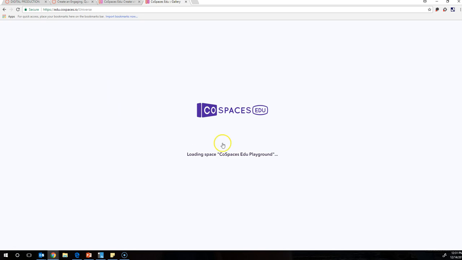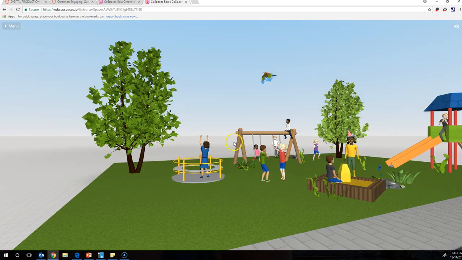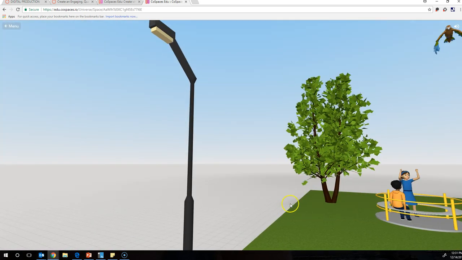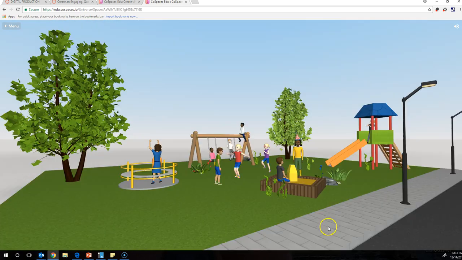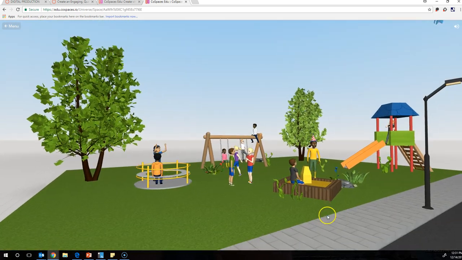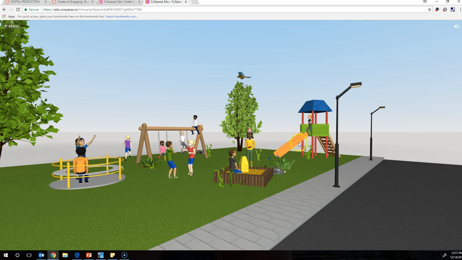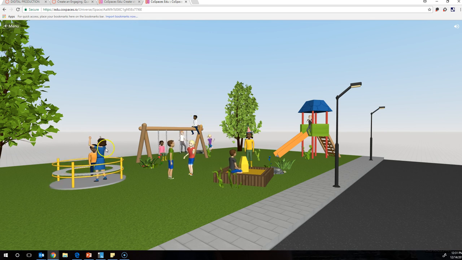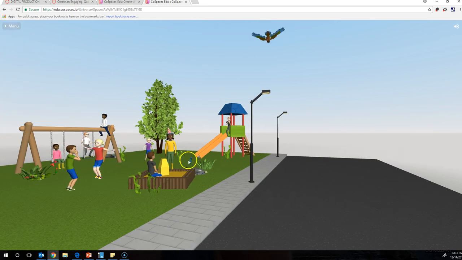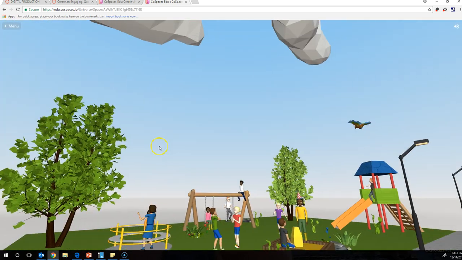For example, if I go in here, it's going to load up a virtual world that someone has created as an example. And using my mouse, I can move around and look at this virtual world and see what's going on. I can also program things to make certain things happen when I click different characters in the environment. In this case, none of these characters respond to clicks, but someone went and put this all together and made